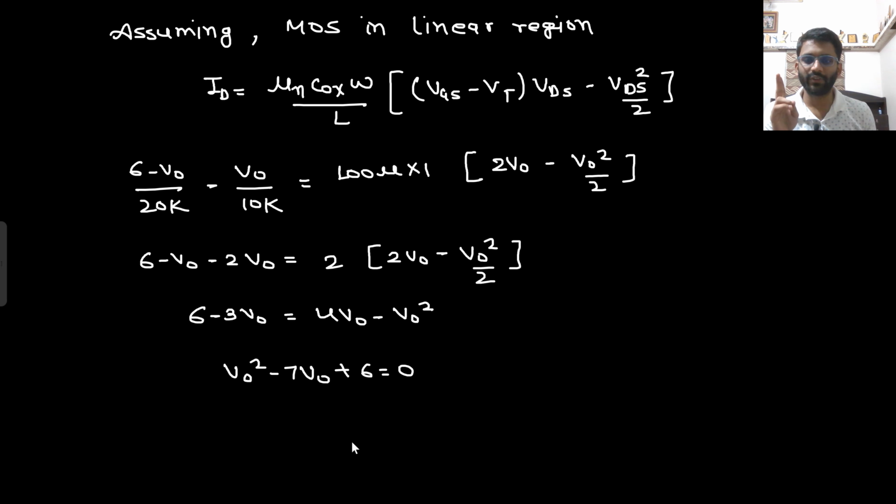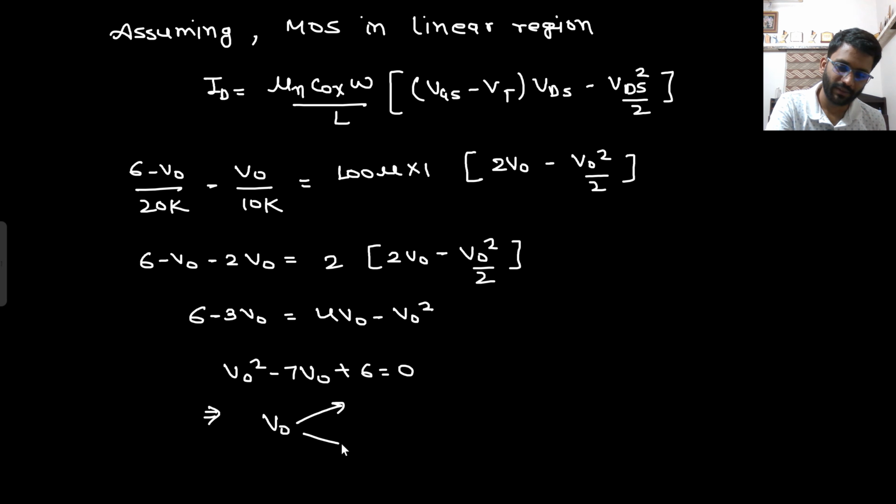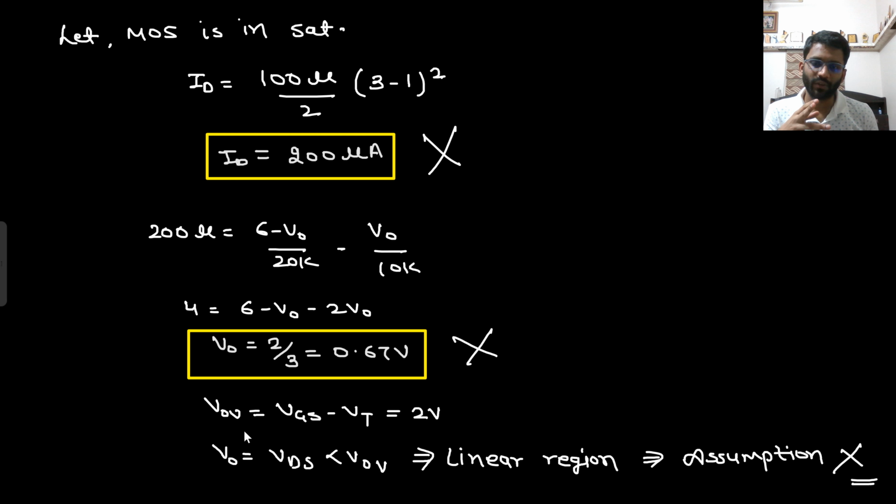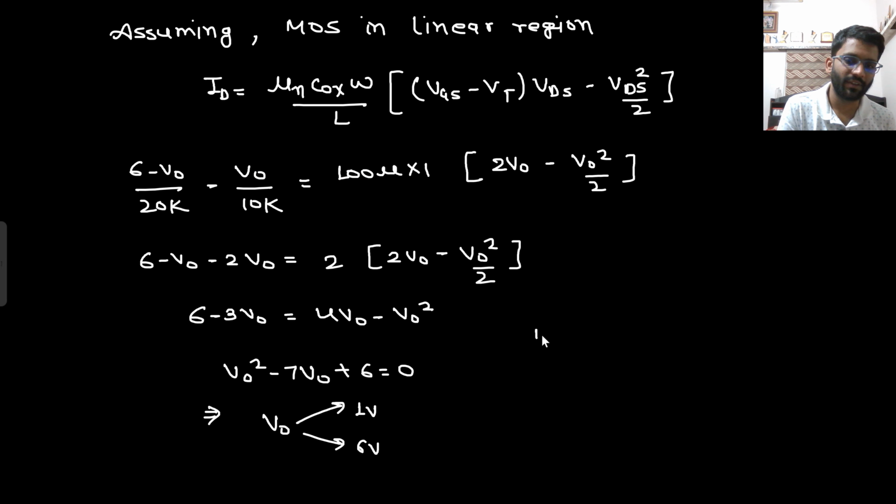So 2 V naught values we will get from here as well. But you can tell which value I should take. Here I am getting 1 as well as 6. Right? 1 we satisfied over 6, 36, 42, yeah. So from here we get 2 values of V naught, 1 volt and 6 volt. If you take this 1 volt, what will happen? Your V overdrive will be compared with VGS minus VT, right? If I take V naught equal to 1 volt, I will write if